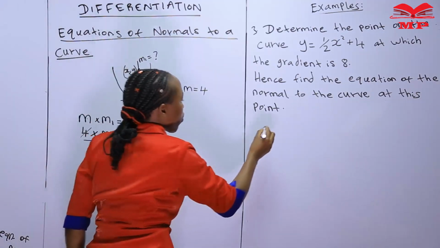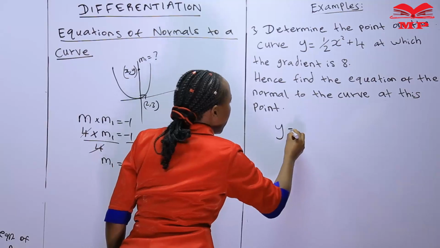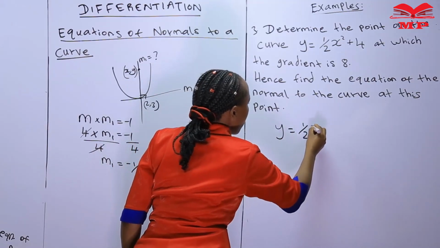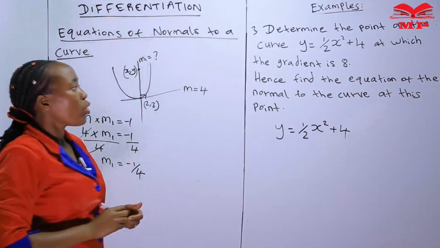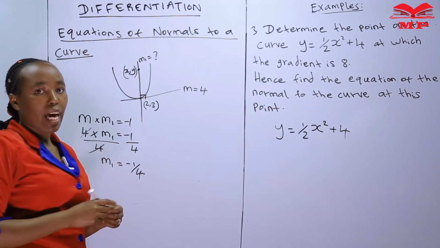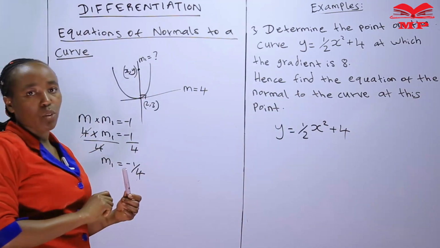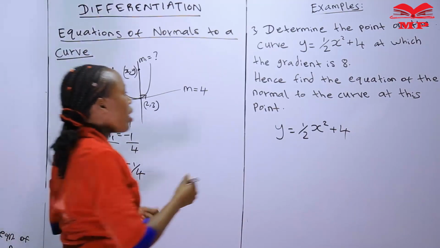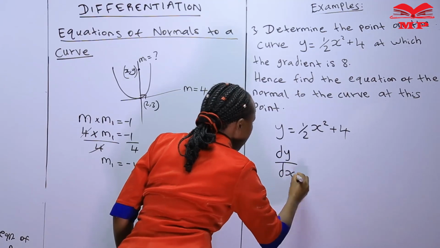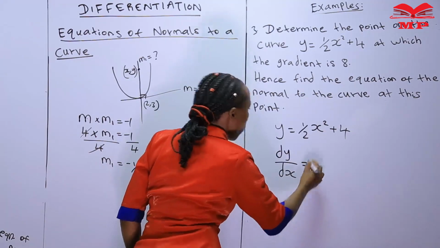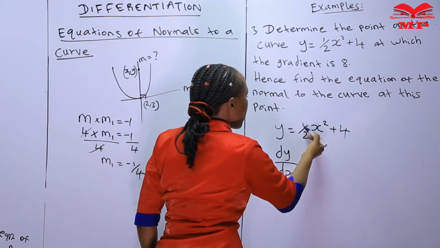So we have the equation of the curve y is equal to a half x squared plus 4. The point where the gradient is 8, and therefore we need the gradient function so that we can equate to 8. So the gradient function dy over dx, this is our gradient, is equal to 2 times a half,